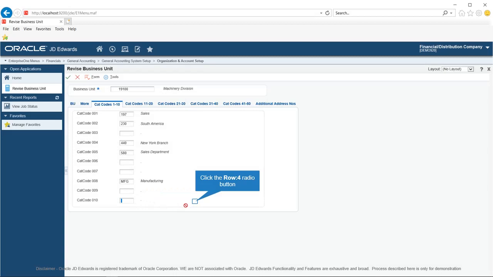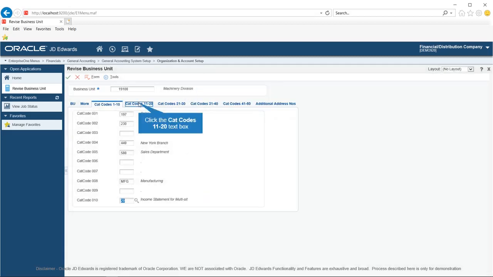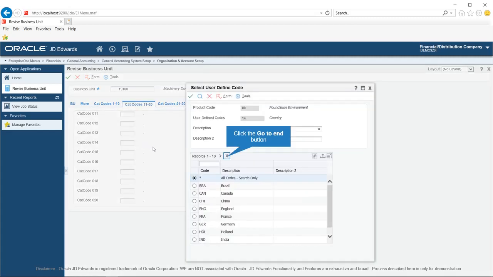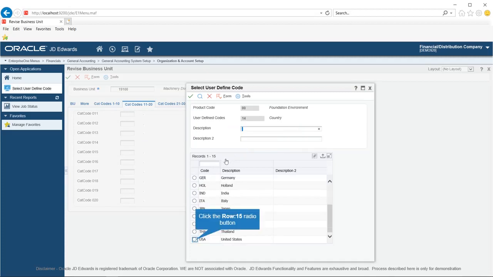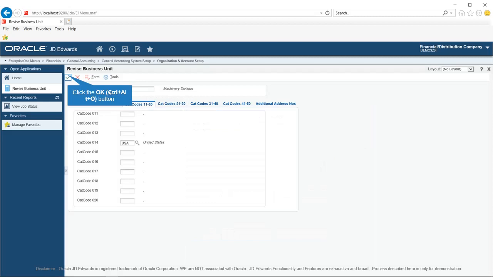Enter the desired information into the category code 10 field. Enter 20. Click on the category codes 11 to 20 link tab. Click in the category code 14 field. Enter the desired information into the category code 14 field. For example, select USA from the UDC table 0014. Click the OK button to save business unit records.